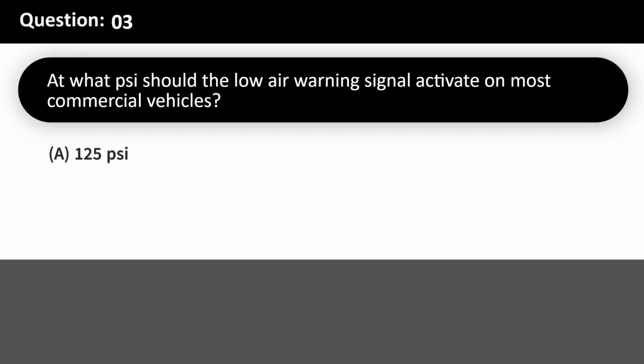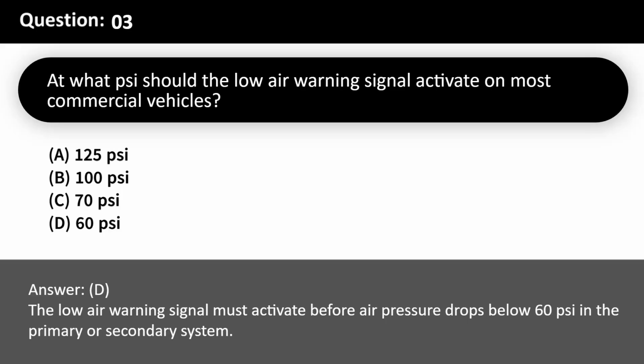At what pressure should the low air warning signal activate on most commercial vehicles? A. 125 psi. B. 100 psi. C. 70 psi. D. 60 psi. Answer D. The low air warning signal must activate before air pressure drops below 60 psi in the primary or